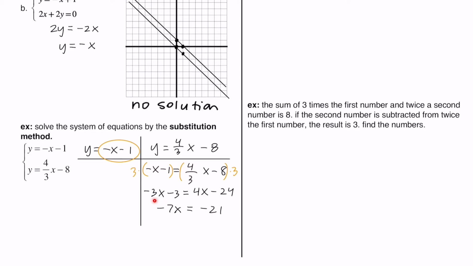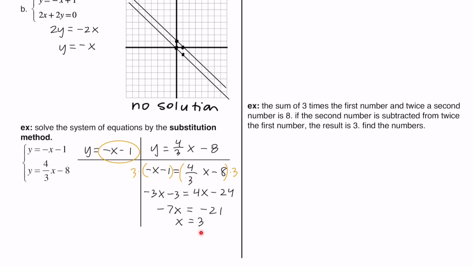So when you subtract 4x over, you get -7x. And when you add the 3 over, you get -21. And so now x is equal to +3. As soon as you solve for one variable, you take it and substitute it into the other equation. So I took the 3 and plugged it in over here for x, and you get 3 minus 1. So y equals -4, and make sure you always take your answer and put it into your coordinate point form